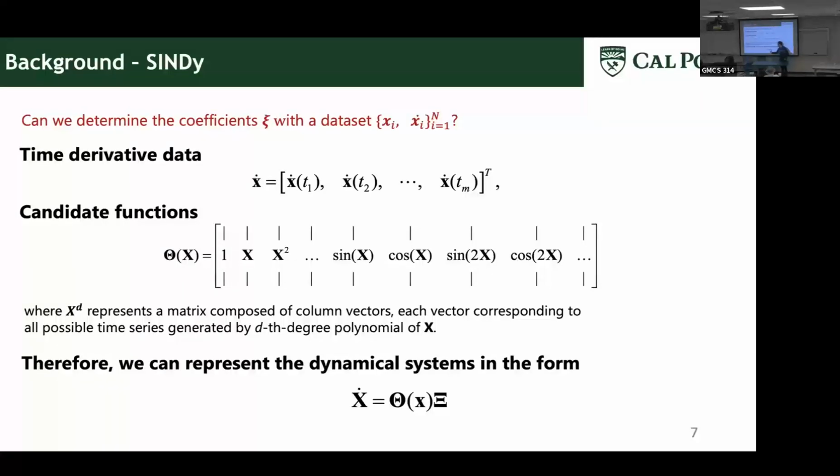The main problem here with SINDy is this data matrix. You need to include all these candidate functions and all different combinations for your polynomial. And even if you have just 2,000 data points, this is going to blow up. So the memory we calculate here is basically the memory consumption of this data matrix.